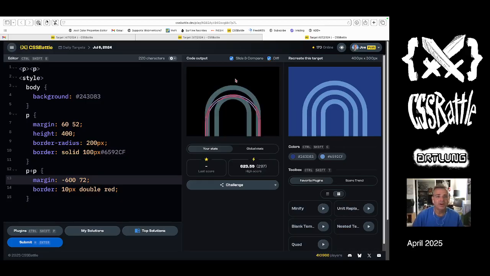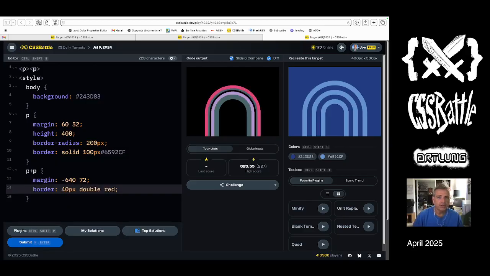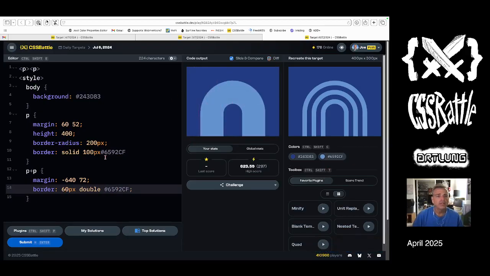I don't know if this is going to work, but I like it already. 10, 20, 30, 40. And then let's increase these numbers. 2, 3, 4, 5, 6. Oh, that looks good. I've never used a solution with a double border for anything. But a 60 pixel double border